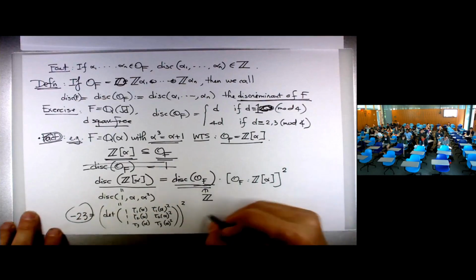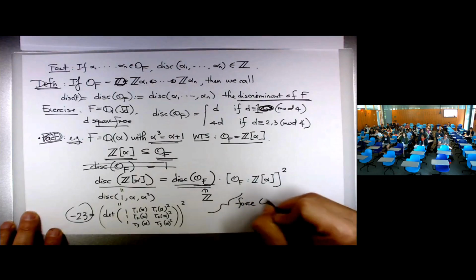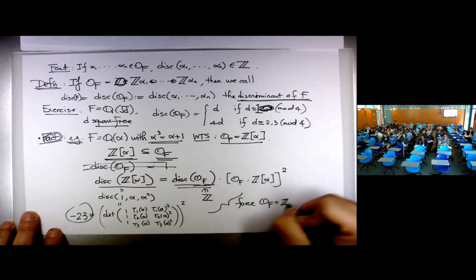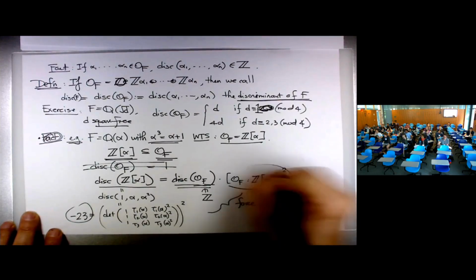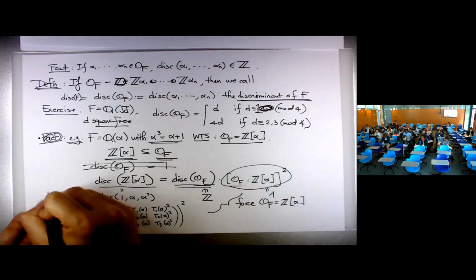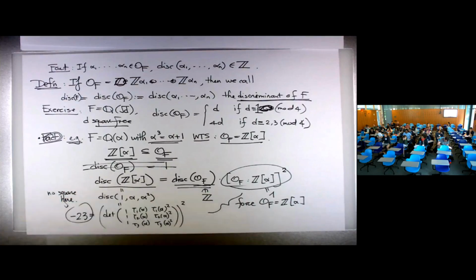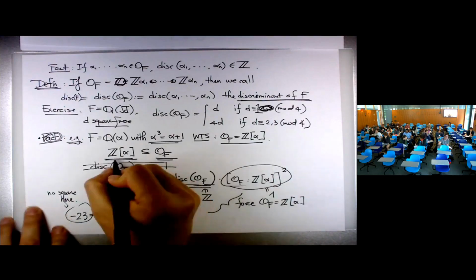So this would force OF to be equal to Z alpha, forcing this factor to be 1, because there's no square here. So that's how you use the discriminant to help you determine what OF is, in the sense that you first approximate OF as best as possible. Like in this case, you would guess that somehow